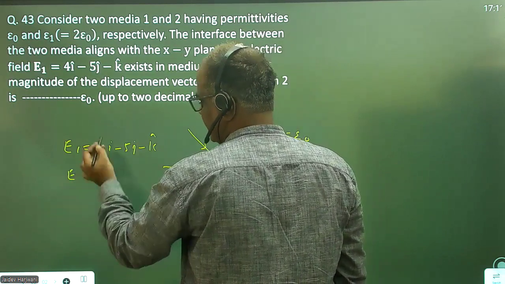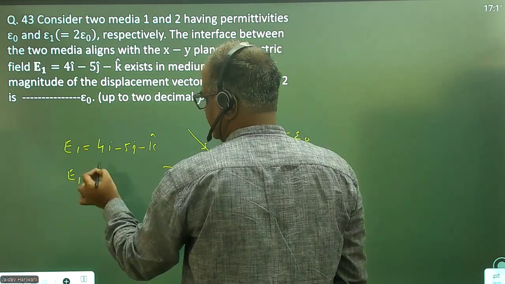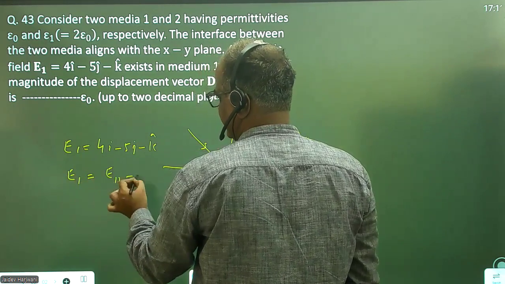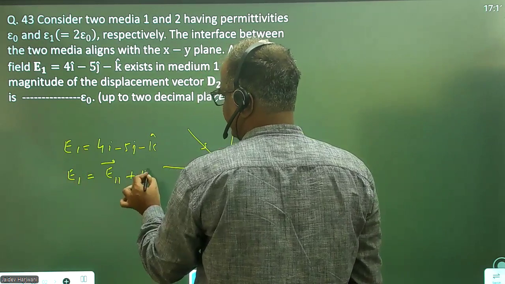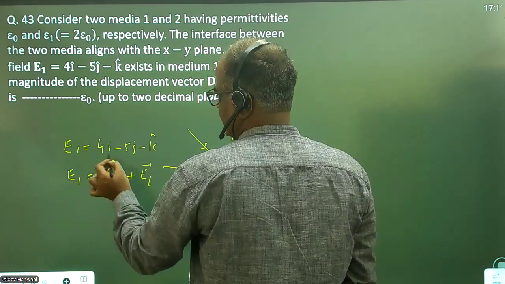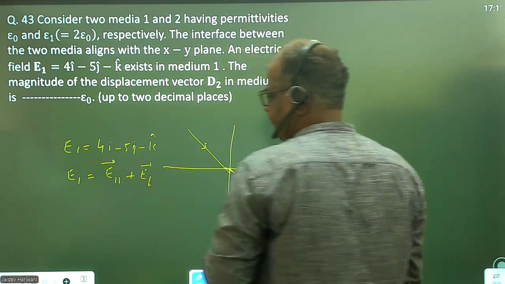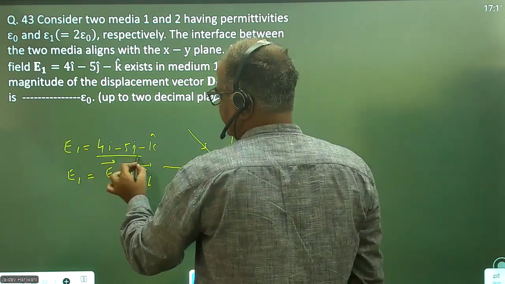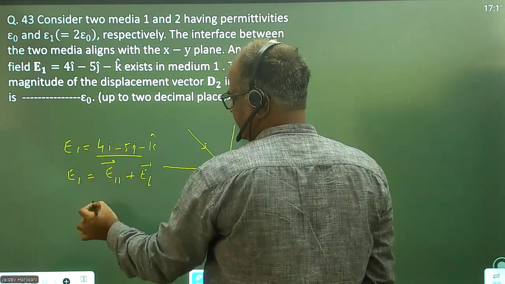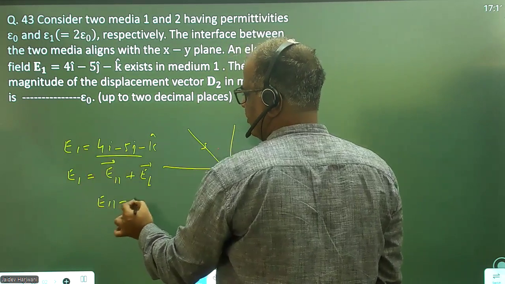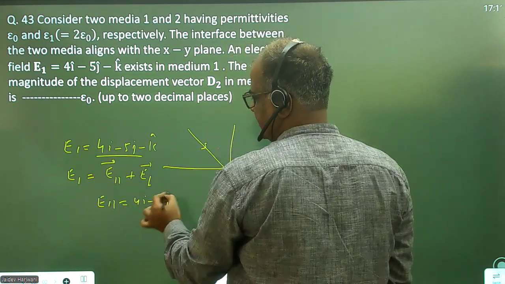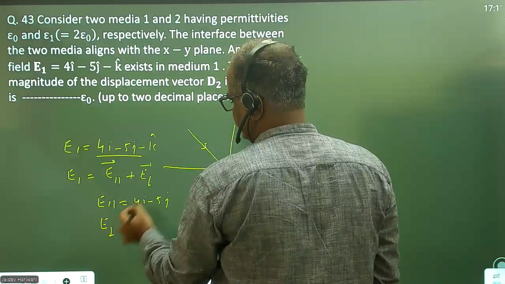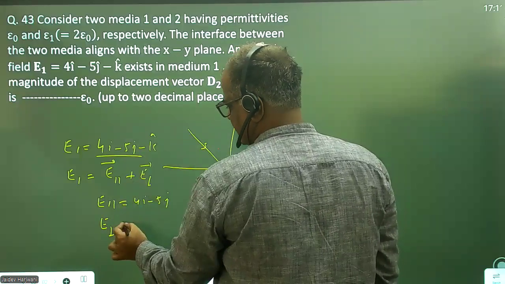I can divide it into a parallel and perpendicular component, so this is your E parallel plus E perpendicular. The component parallel to the plane is the XY component. E parallel is 4I minus 5J, and the